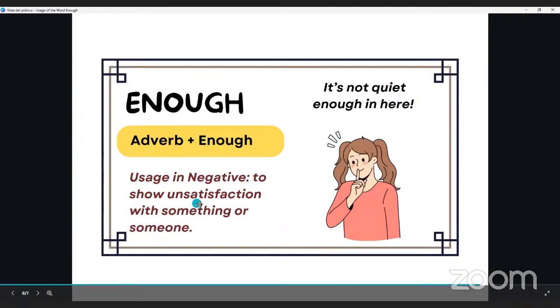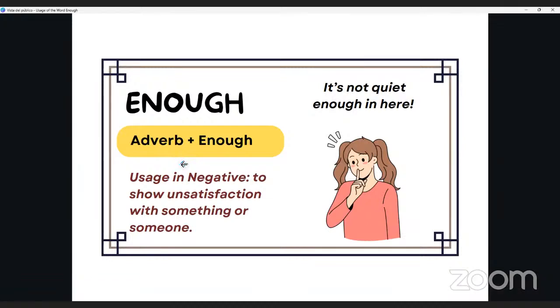Let's move on to this one. Ada, could you help me with the penultimate one? Yeah, adverb plus enough. Usage in negative to show unsatisfaction with something or someone. It's not quite annoying here. Very, very good. So, negative connotation. When we have unsatisfaction, again,